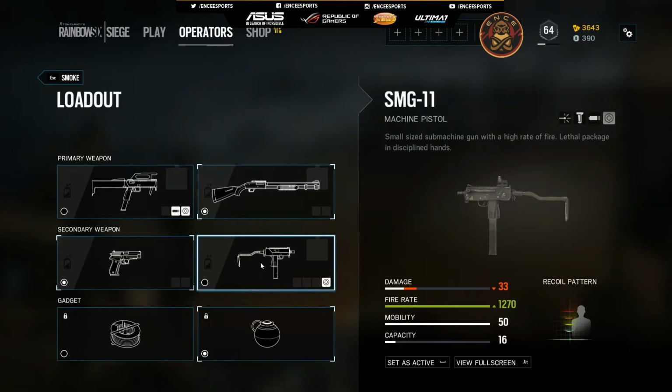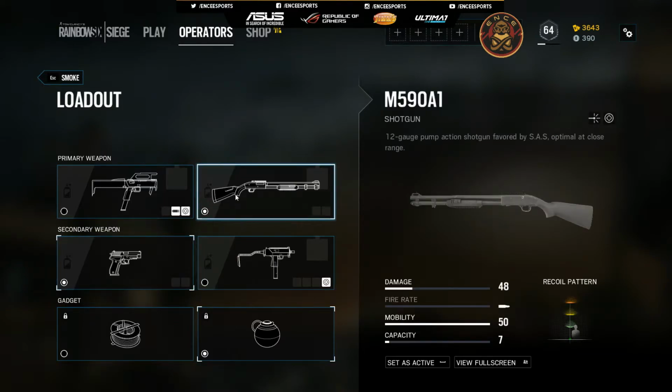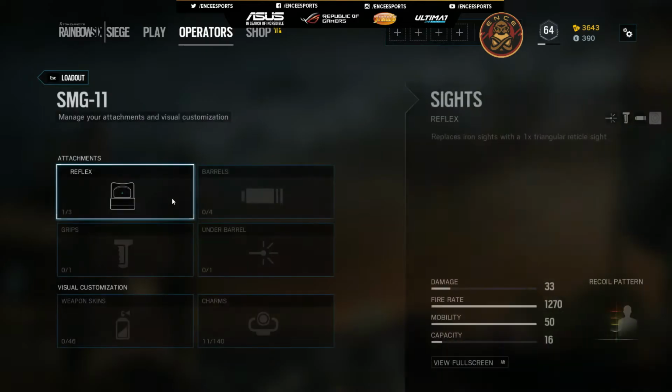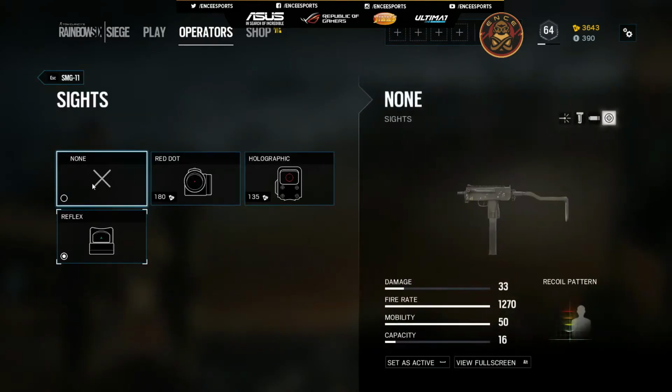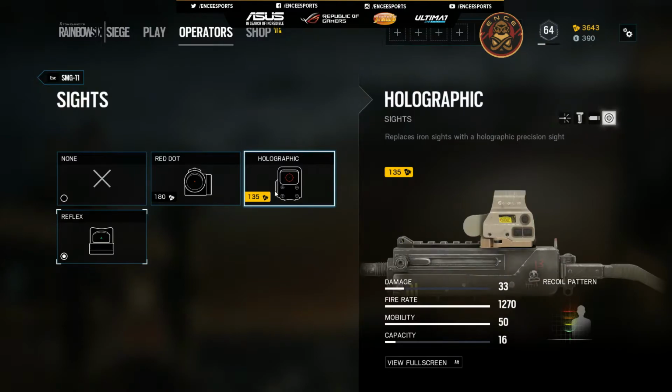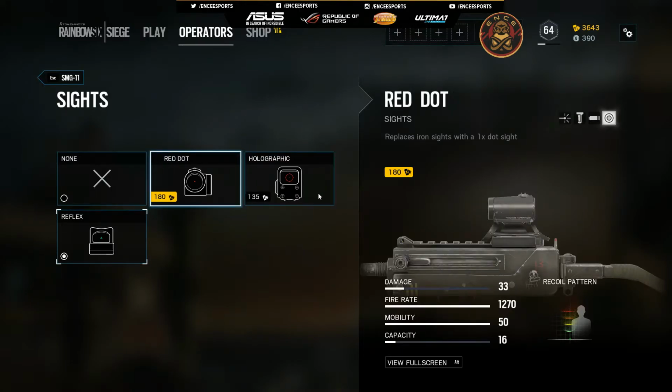It's a machine pistol. Now, as you can see here, the difference is that it has a lot less damage, but a much higher fire rate. And because you're going to be using the shotgun, pairing it up with the SMG makes a lot more sense. So let's take a look at that. Once again, very limited in its sights, no ACOG. It is just going to be red dot, holographic, or reflex,